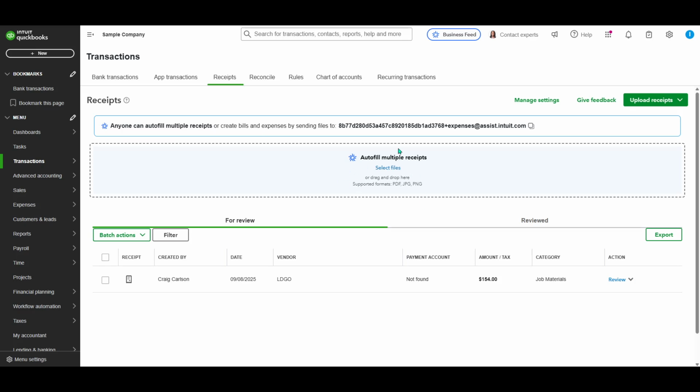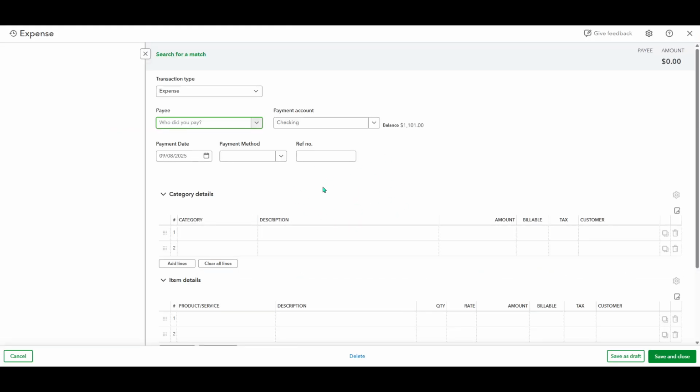Once you've uploaded a receipt, it's essential to take a moment to review what you've added. Click on the uploaded receipt to open it and verify the details are correct. Thanks to QuickBooks Smart Technology, the system uses artificial intelligence to automatically fill in the expense details based on the